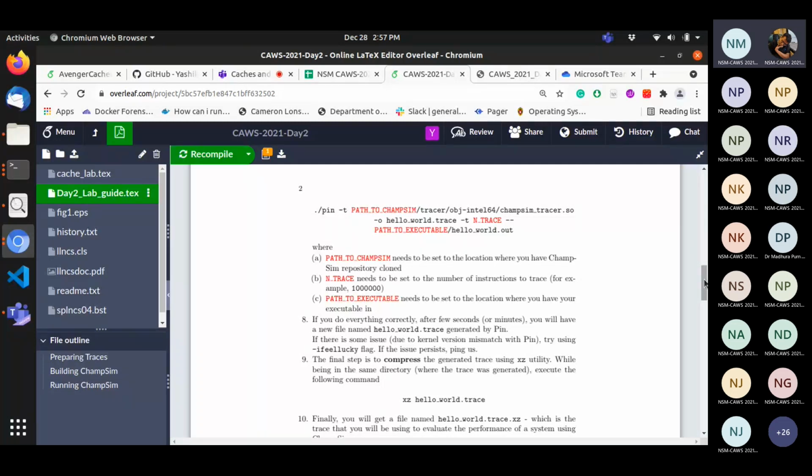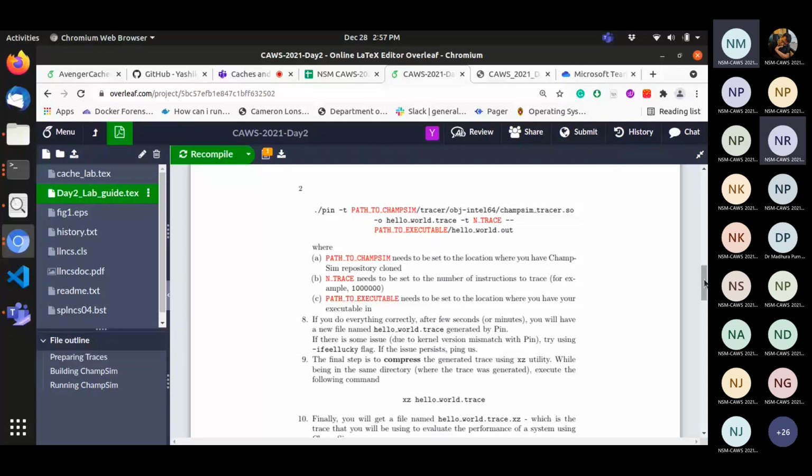We have almost spent half an hour. So is anyone still struggling with the first step, setting it up, running? Sir, can you see in the chat window? I posted one screenshot. It is showing that building failed for me. You do not have GCC installed, it says.